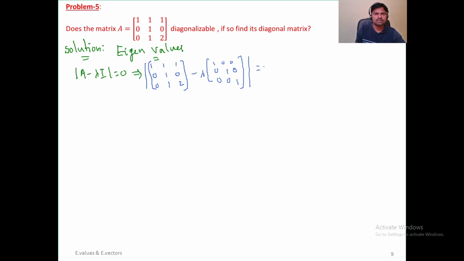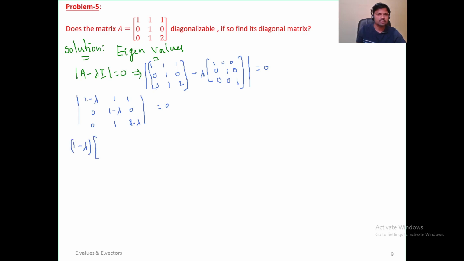That is equal to 0. Simplify. So determinant of [1 minus lambda, 1, 1; 0, 1 minus lambda, 0; 0, 1, 2 minus lambda] is equal to 0. Now find the determinant: 1 minus lambda into